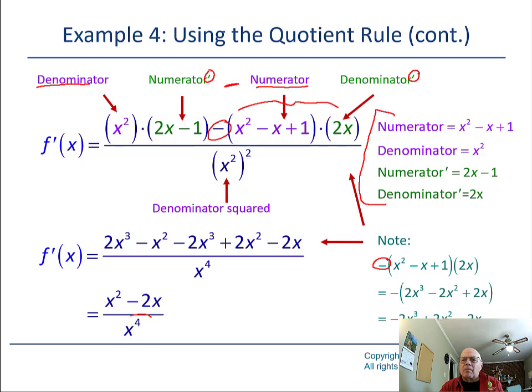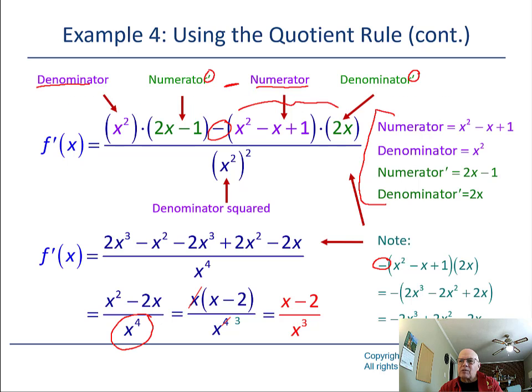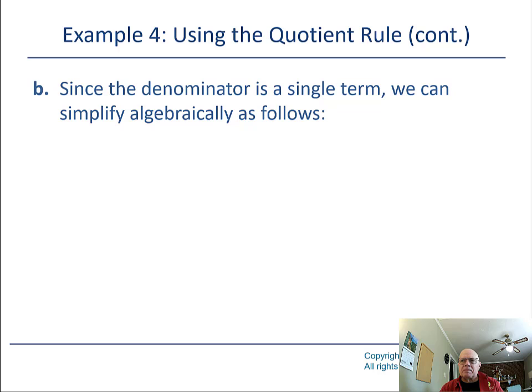Notice the denominator of the derivative usually is going to have a rather large degree compared to all the rest. Another way of writing that, because we'll be able to reduce that to this, which is pretty nice. But notice the denominator was a single term. That means there's another way we could write this. So instead of writing it the way we just did,